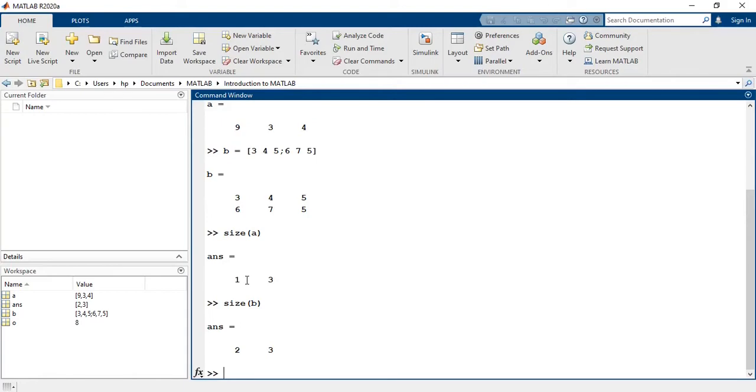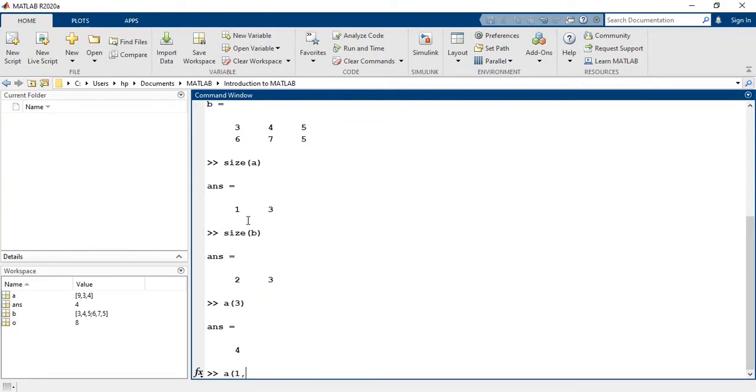How do we access part of matrix or vectors? Now let's suppose I want to extract value 4 from variable A. See, the index of 4 is 3. Keeping in mind that MATLAB starts indexing of a vector from 1. Note down the important point. If you want to access the value in the matrices, you have to use the round brackets. Let's do it. So the answer is 4.